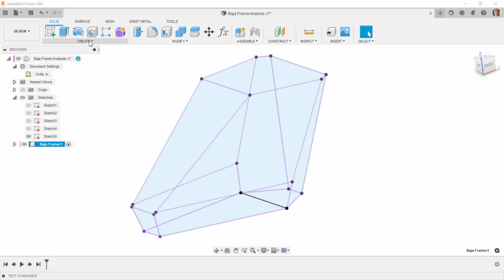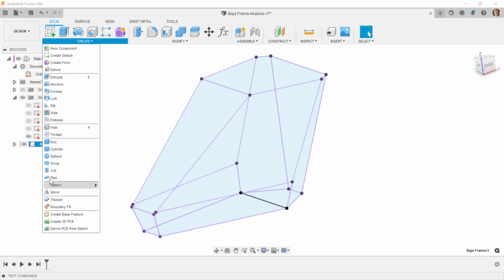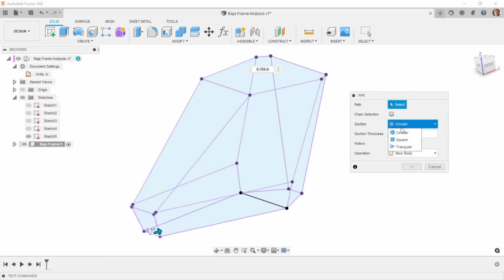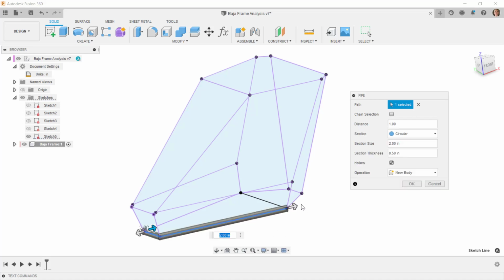I'm then going to go to the create drop down and I'll do pipe. And I want to do a circular profile. I'll turn off this chain select. Now I could leave that chain select on, but it might select a chain that I don't intend, so I'm going to turn that off. And I want it to be hollow on the inside, so I'll select this as hollow so that it makes it a pipe rather than a solid rod. And I'll go around and select these bottom edges